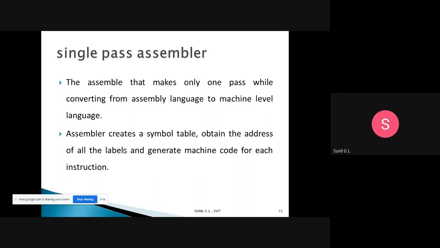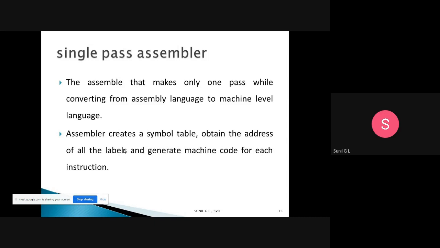An assembler may create symbol tables, obtain the address of all the labels, and generate machine code for each instruction. Everything is done in a single pass. That's why we call it a single pass assembler.